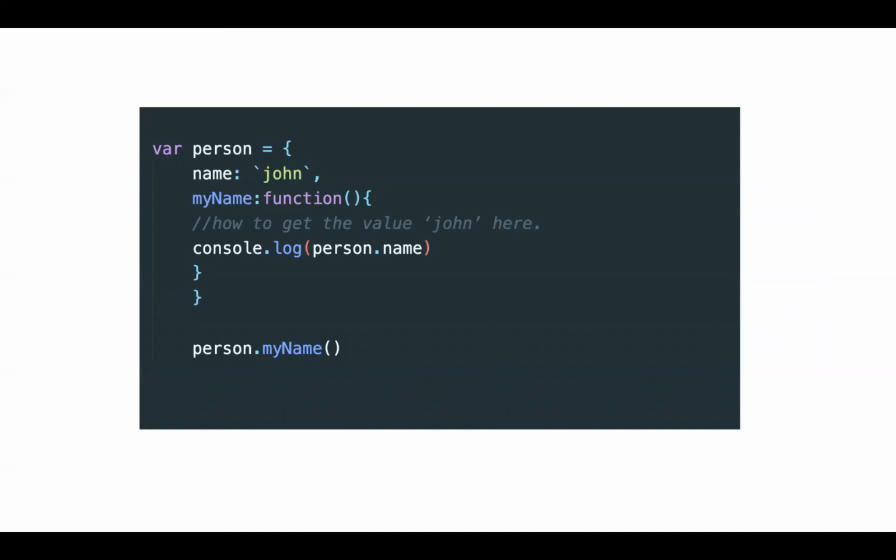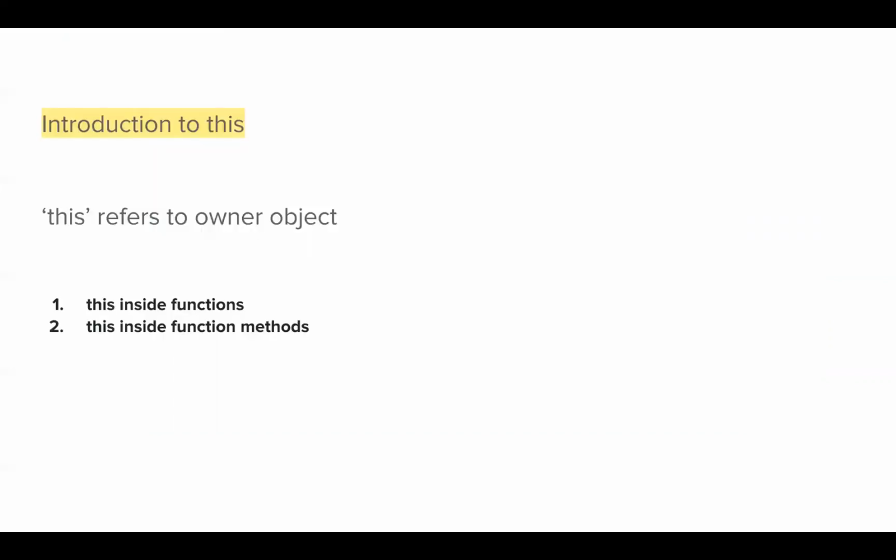Now, related to that, what is our next concept? Just understand this: how we are basically able to access the properties of the same object from a function method which is defined inside of it. Basically, we are using dot notation, owner dot name. The owner will be person 1, person 2, person 3, doesn't matter, but that's what we have to pass there. So that's where the this keyword comes into play.